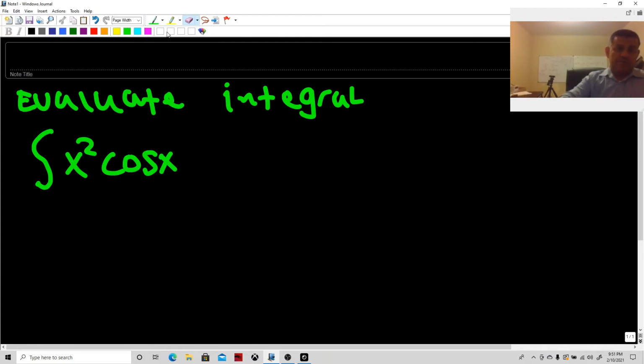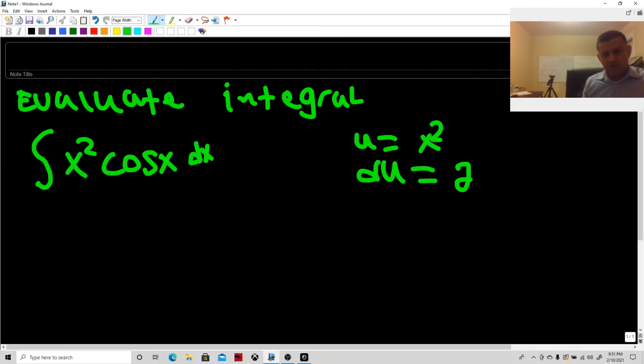So based on this, we can actually say that u is equal to x squared, du is equal to 2x dx, right? Then we can say that